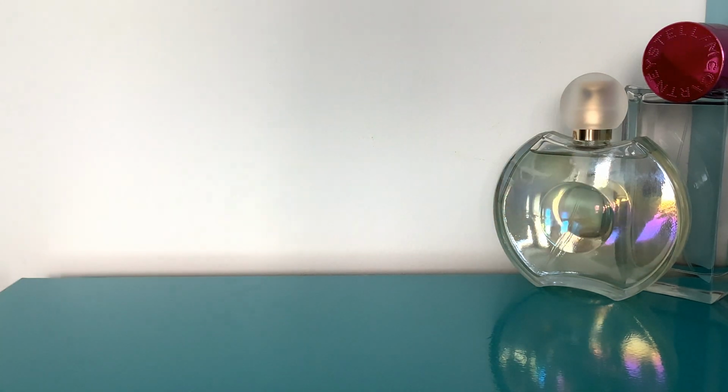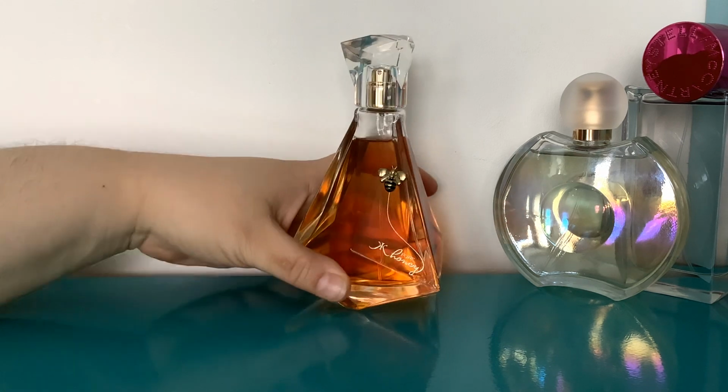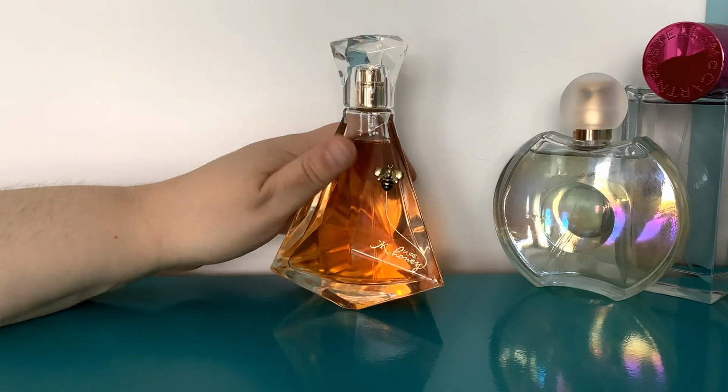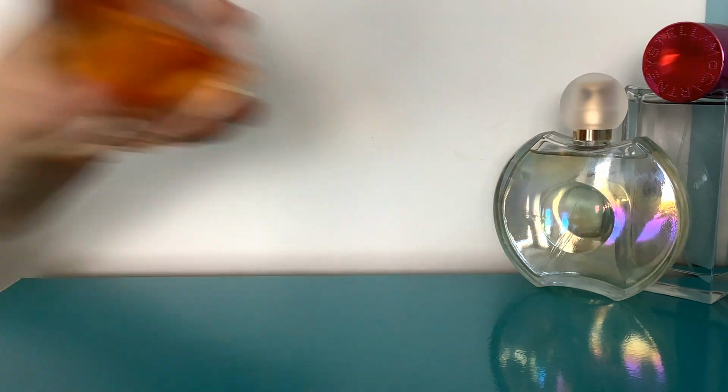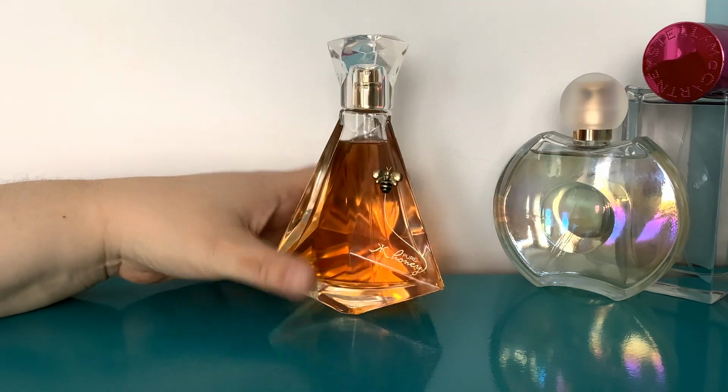And this one, it's honey, but it's very floral. It's not edible. And it's really, really pretty. Not one that I can wear when it's warm. This for me is very much an autumn winter kind of a smell because it is quite sweet, but it's not really sweet. I've got a lot of perfumes that are actually way sweeter than this, but it's a sweet floral, you know. And there's just something autumnal about this one,